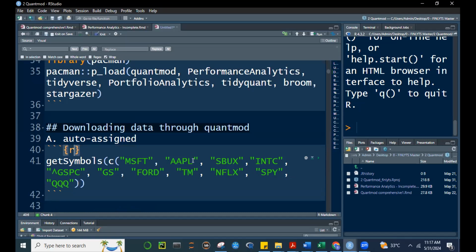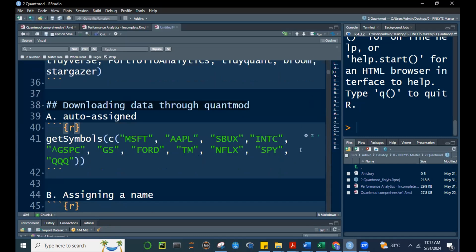So I'll give you a few seconds to use the getSymbols. Now we're saying that this is auto-assigned, which means that automatically quantmod will assign these names to your assets, say, Microsoft will be named MSFT, etc. So Microsoft, Apple, Starbucks, Intel, this is Standard & Poor's, this is Goldman Sachs, Ford, Toyota Motors, Netflix, SPY, and QQQ. Okay. So if I run this,